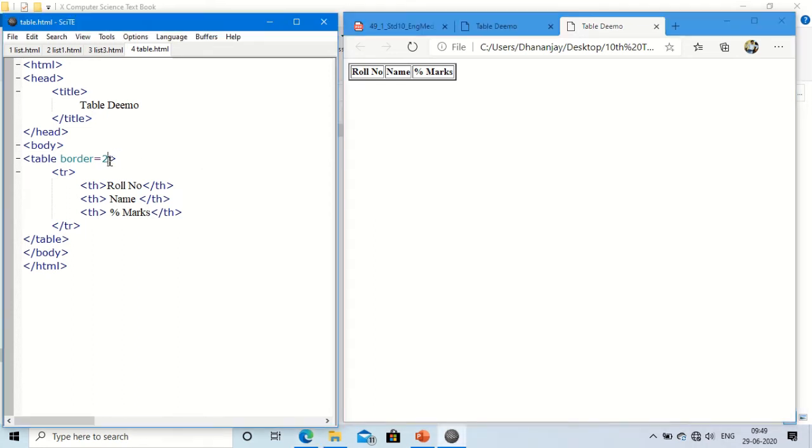Now if you want to increase the border size, you can give the border size. If you want to increase the width and height of the table, you can. So here I want to increase the width. Maximum is 100%, you can give as per requirement. Here I want to give the width as 50%.